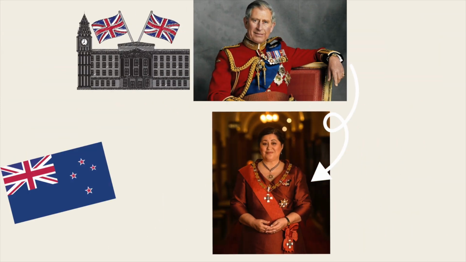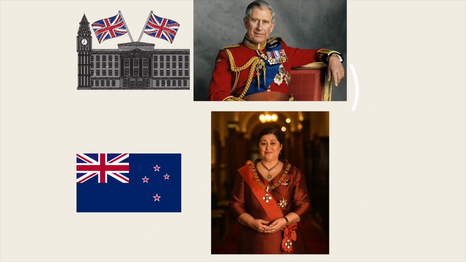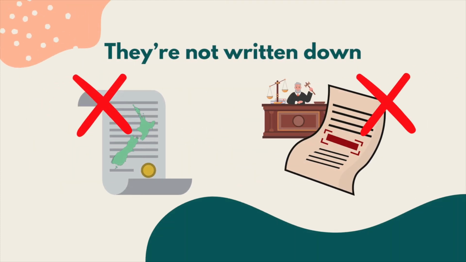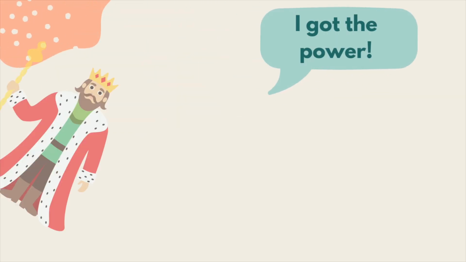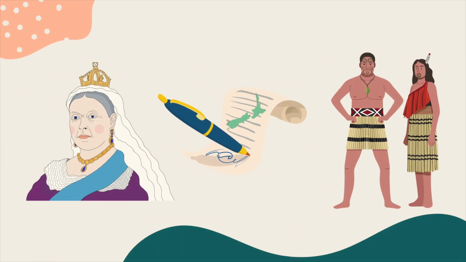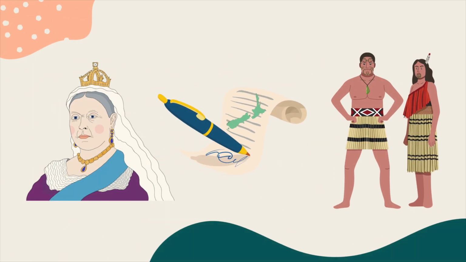The King, who exercises his power in New Zealand through the Governor-General, has some powers in New Zealand to control the government. These powers cannot be found in any statutes or cases. They're historical powers that just exist. Some of these powers are part of the Constitution. 4. Treaties. Some treaties have particular importance to the Constitution. For example, the Treaty of Waitangi is very constitutionally important, and we'll look at that later on in the course.